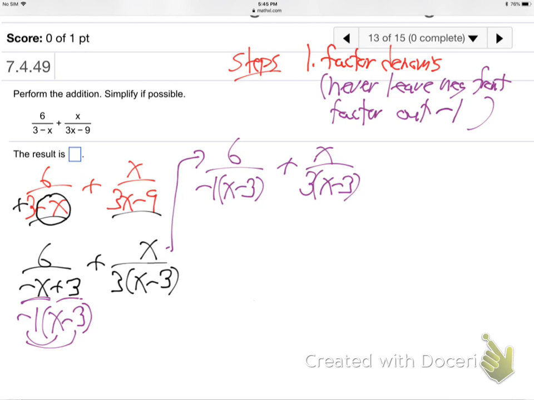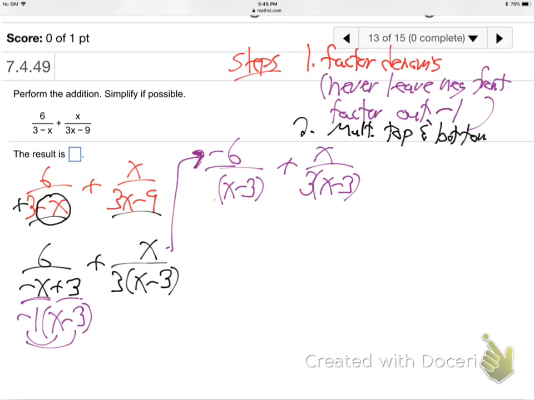Now, we don't leave that minus in the bottom because we don't want negatives down there. We're trying to make the two denominators identical. So move that minus up. So it's gone. It moves up, hits the 6 up there, minus 6. So now we're ready for step 2. That's all step 1. Step 2, multiply